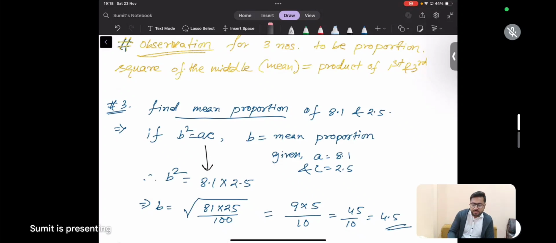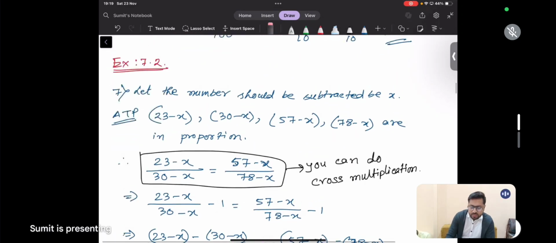Okay, then number 3 আছে, number 3 তে দেখে find the mean proportion of this. You will see that এটা খুব বেসিক অঙ্ক, বেসিক সাম আছে, এগুলো দেখে নেবে. Then we will start with the exercise 7.2. The concepts are nothing, মানে এইগুলোই আছে, they are main how to do the sums সেগুলো আমরা দেখে নেব, ঠিক